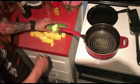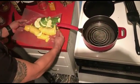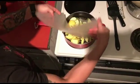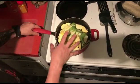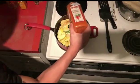So we've got the squash, zucchini cut, and then the oil's starting to get a little warm. Believe it or not, this takes longer to cook than the salmon itself, so I'm going to start that first. I just want to get the squash, zucchini in there, and I'm going to add cayenne pepper,